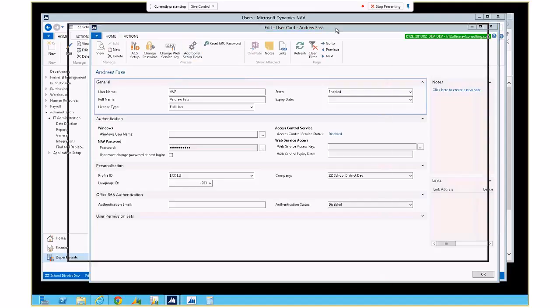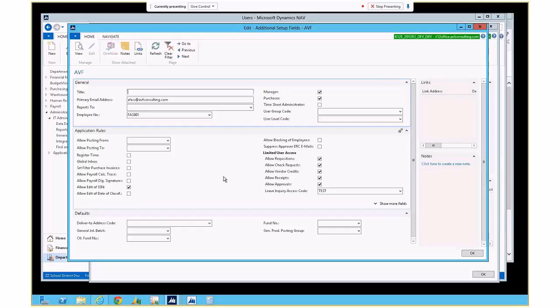Everything's on the wrong screen today. And in there, we added this recently. And there you go. So that's where you would assign this leave inquiry access code to this user. When it's blank,